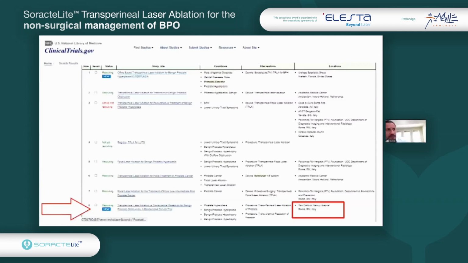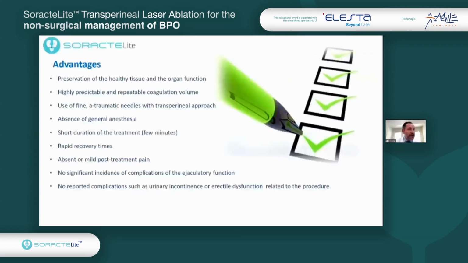So we have just a few weeks ago presented to our ethical committee our study that we are running, and it is a comparison between the SoracteLite treatment for benign prostatic hyperplasia towards the standard, which is the TURP. Obviously, the main objective of the study is not to compare the de-obstruction effect of the technique, but to compare to the TURP in terms of ejaculatory dysfunction and sexual dysfunction,